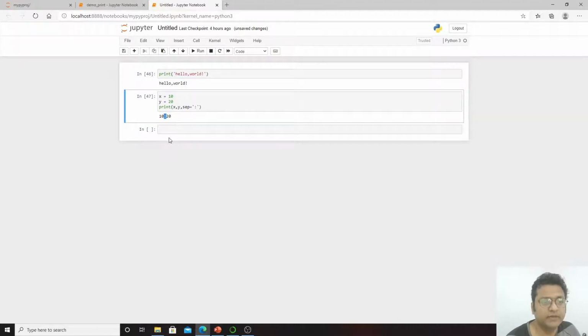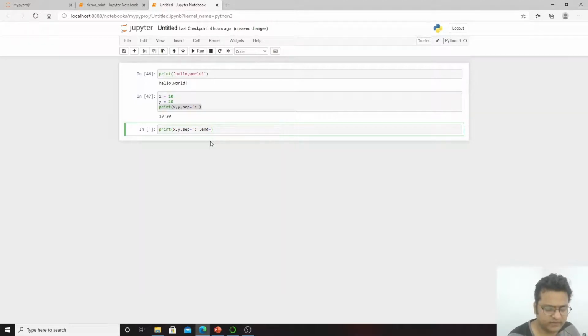Now if we want to end it in a certain way, we can put it like this: print x, y, separator, and here we can put end equals, let's say we put an at sign, so that we can see it.